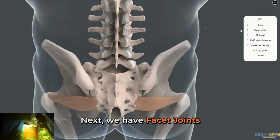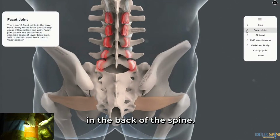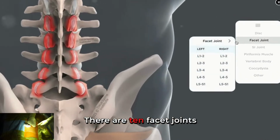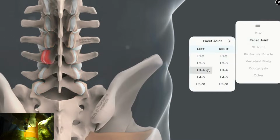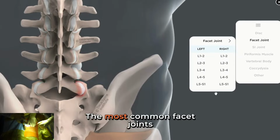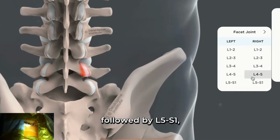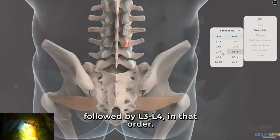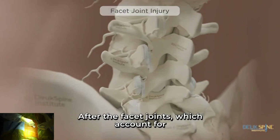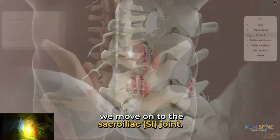Next, we have facet joints. Facet joints are small joints located behind the discs in the back of the spine. There are 10 facet joints, each paired left and right: L1-2, L2-3, L3-4, L4-5, and L5-S1. The most common facet joints to cause chronic back pain are L4-5, followed by L5-S1, followed by L3-4, in that order. After the facet joints, which account for approximately 10% of chronic back pain, we move on to the sacroiliac